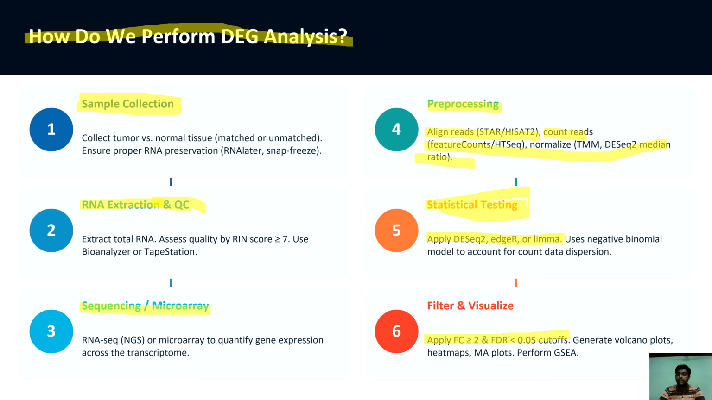After that, perform the GO or pathway enrichment analysis to see which pathways are linked to these differentially expressed genes. And that is that. And in the next slide,